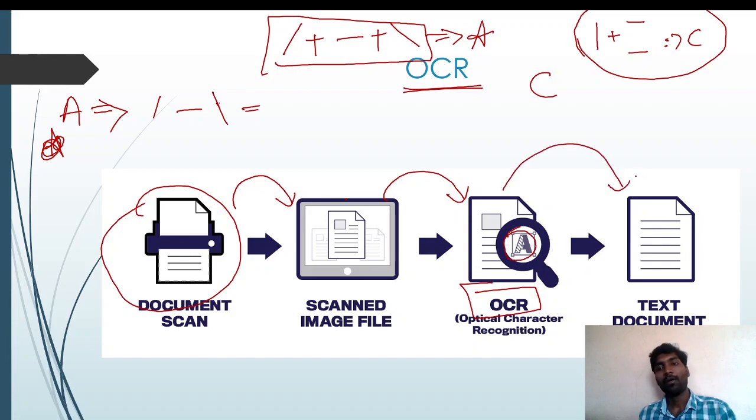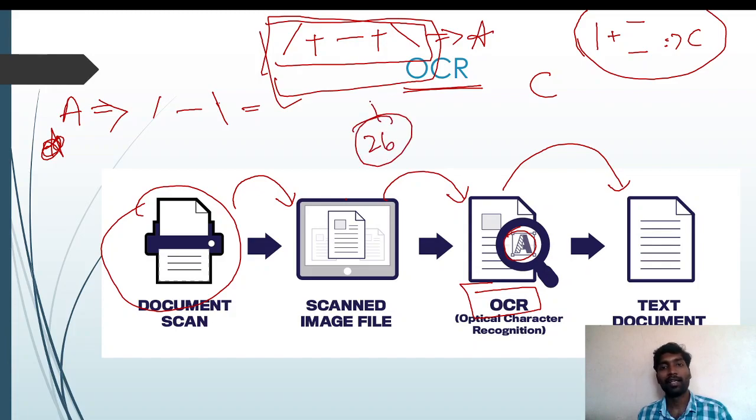It will convert into text format. Mostly when you are seeing image to text in your Android mobile also, you can see image to text. When you scan your book, automatically whatever text is on your book page, it will convert into text format. How is it happening? Because of OCR. This OCR, we have done a program with the help of these lines. This type of lines. Each alphabet, 26 alphabets, we have done a program this way.